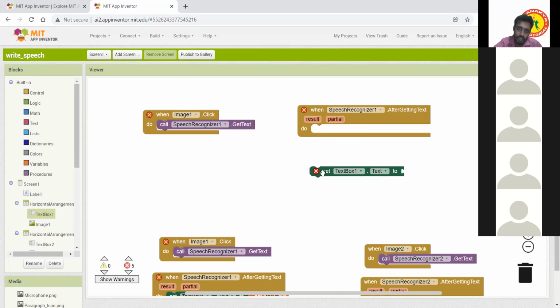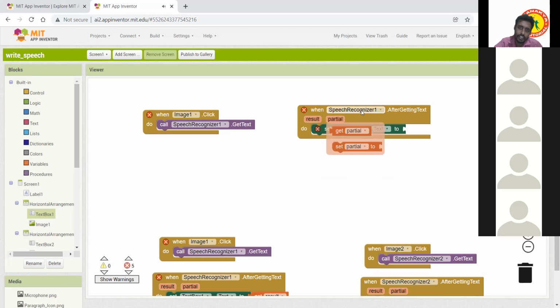Take this, set text box 1. Yes, sir, I completed it also. I completed the speech recognition programming part for all images, 1, 2, 3, 4.